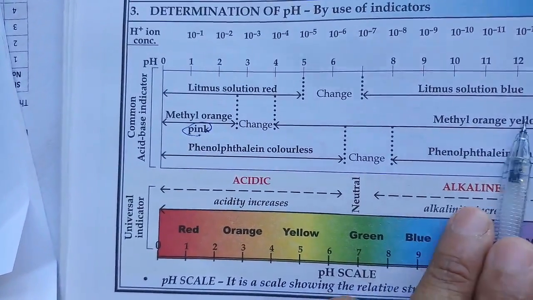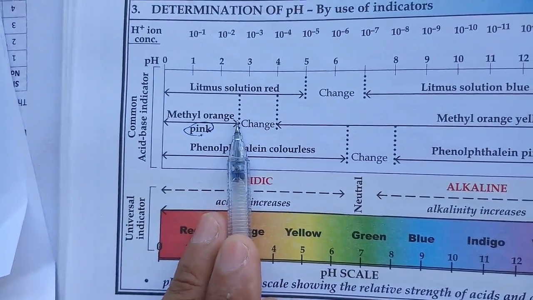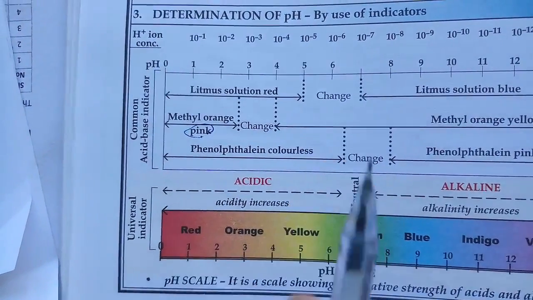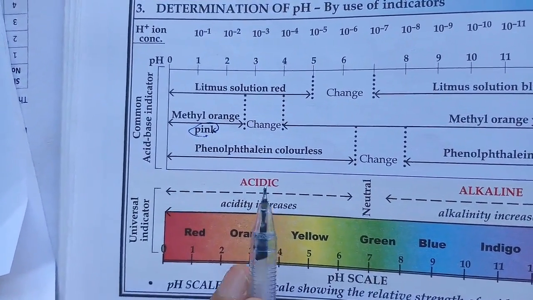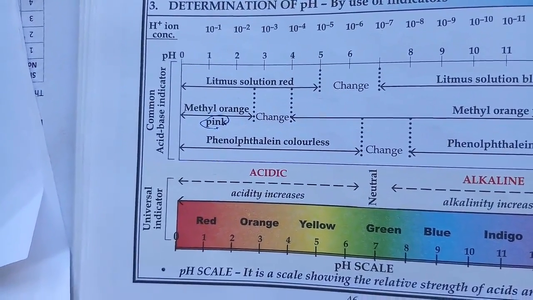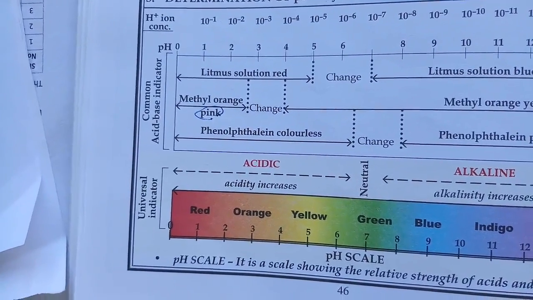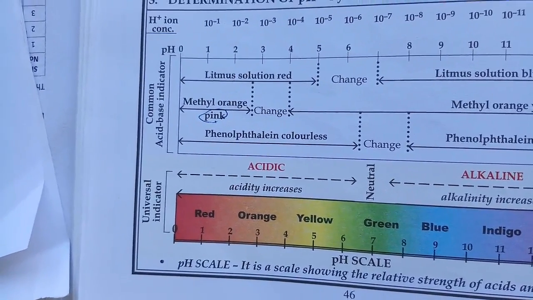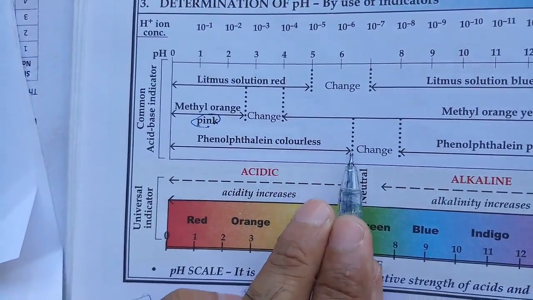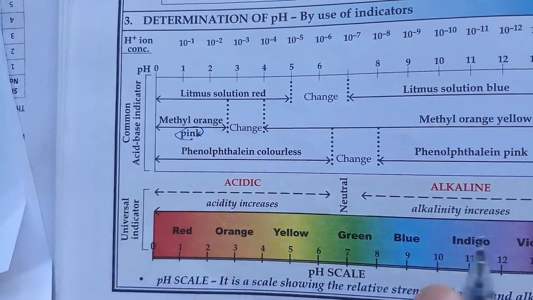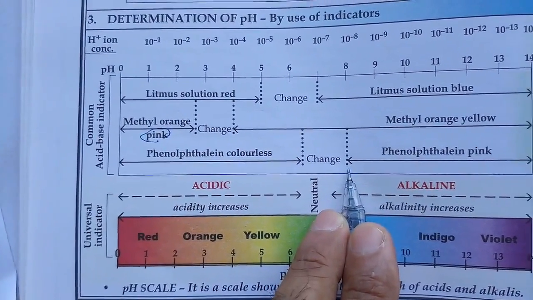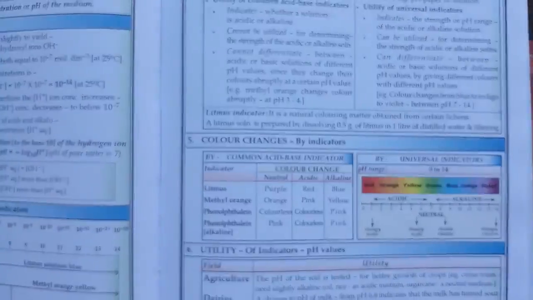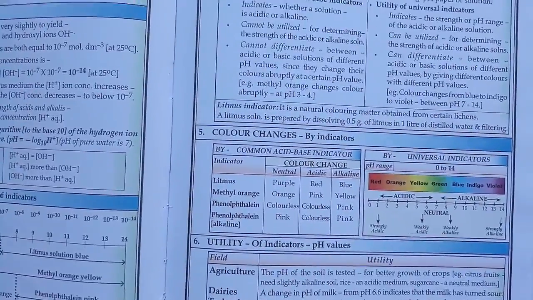So if you test the solution with methyl orange and you want to be specific, then you need to go back to the litmus solution, or you can take a look at phenolphthalein. Phenolphthalein is a colorless solution. When you put a drop of the solution in the phenolphthalein or a drop of phenolphthalein in the solution, if it does not change the color, it means it is acidic. But if it changes to beautiful pink, it is basic, it is alkaline, right? Now these are the few indicators we generally use in industries.